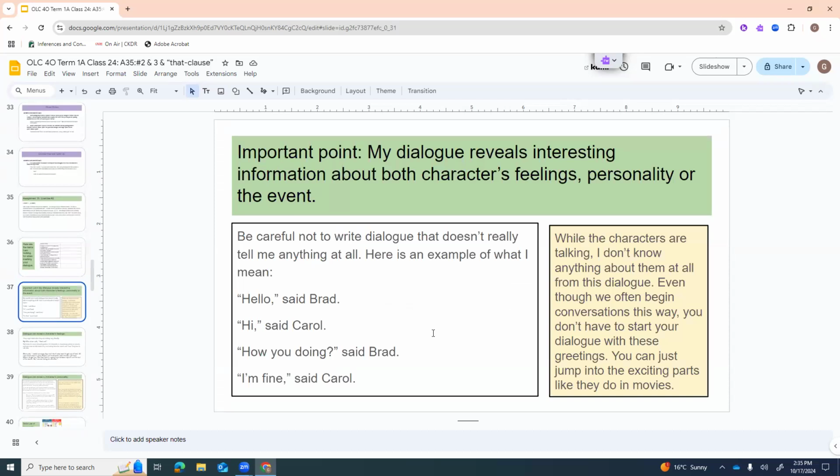Okay. So, important point. The very last part where we're talking about it's revealing interesting dialogue. You want to be careful not to write dialogue that doesn't mean anything and is not very interesting. Sometimes people get kind of trapped and they're not sure what to do, so they write very, very basic stuff like,